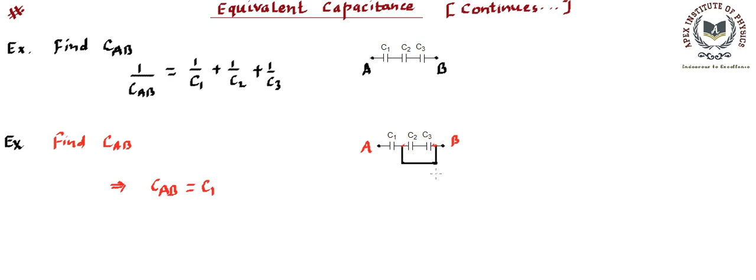The point to be taken from this example is that if we connect some points by a conducting wire, then all those points are going to have the same potential. That means this point also behaves like point B as far as potential is concerned. So A and B will have only C1, and B and B will have C2, C3. That means there will be no potential difference. So whenever a conductor comes in, we will find this kind of result.